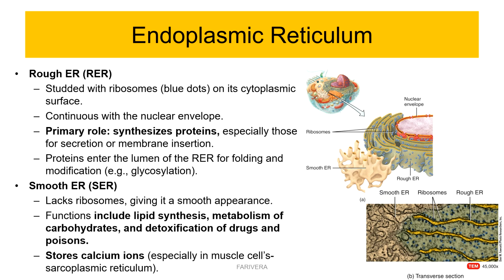In muscle cells, specialized smooth endoplasmic reticulum, called the sarcoplasmic reticulum, stores calcium. This is very important because calcium is required for muscle contraction. As future nurses, when you eventually study skeletal and cardiac muscle, you have to remember that calcium storage and release depend partly on this specialized intracellular membrane system.